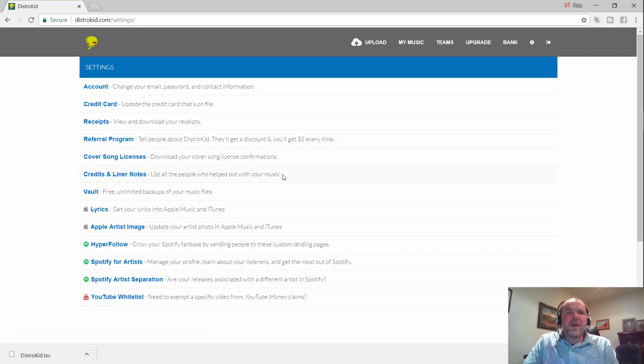The credits and liner notes. So that's all the people that helped out with your music. And that's a new feature, which I'll talk about in a moment because that's super cool. That's something that DistroKid's kind of leading the way with, which I think is awesome. The Vault. So you've got free unlimited backups of your music file. So all of the high resolution WAV file masters that you upload, you can download at any time, which I've